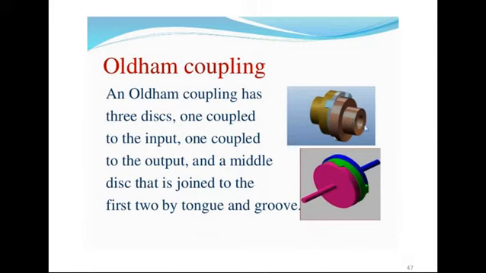Okay, so here one disc is going to attach with one shaft and the second one is going to attach with the second shaft, and the middle one is attached to both of them by tongue and groove. Here the groove is created, and that groove is engaged by this third disc, and because of this, alignment takes place between this disc and the first and second discs. So the third disc attaches the 3 discs together.